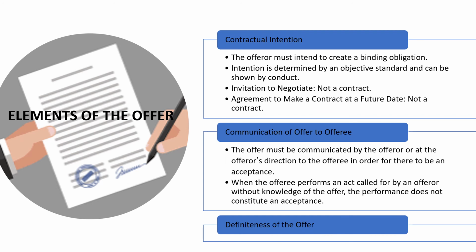The third element is that the offer must be definite. The law doesn't define what must the offer contain, but it says whatever we choose to put in our offer, it must be clear what the offeree has available to accept. In other words, our textbook. If someone says, I'll offer to sell you my old textbook for $5, well, you don't know what textbook they're referring to, what class it was for, and what condition it's in, and whether or not it's a textbook you need. There are not a lot of terms for that offer.